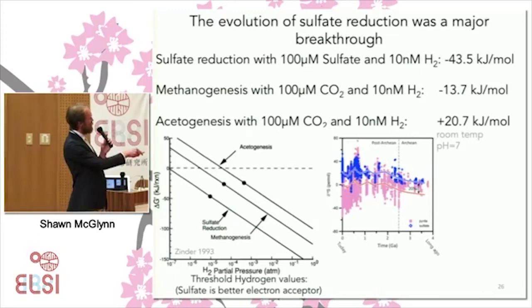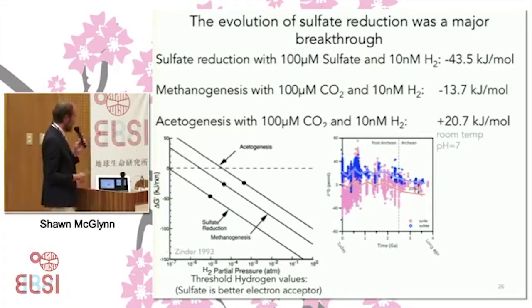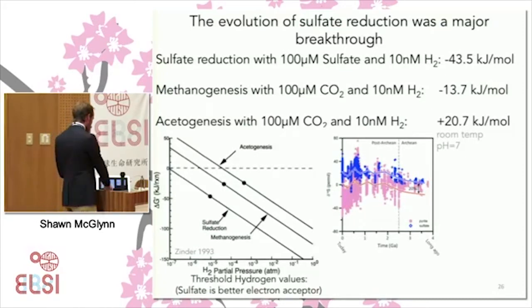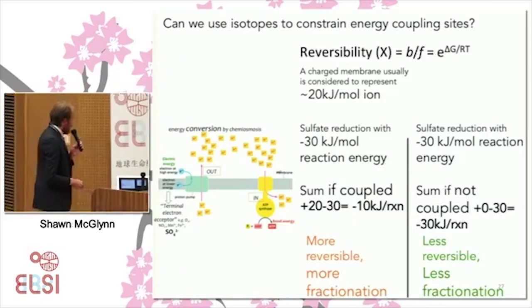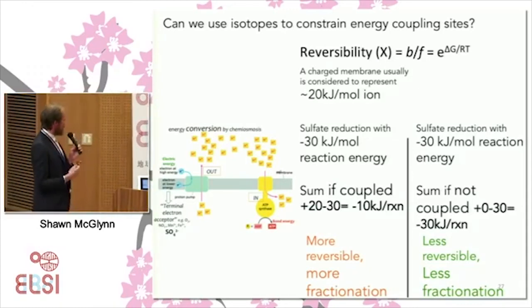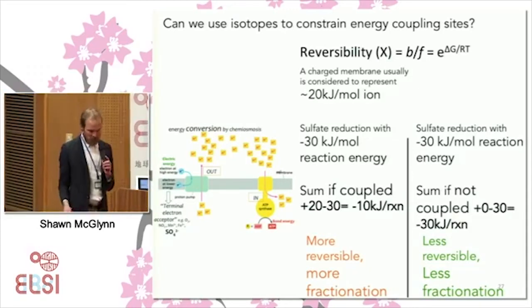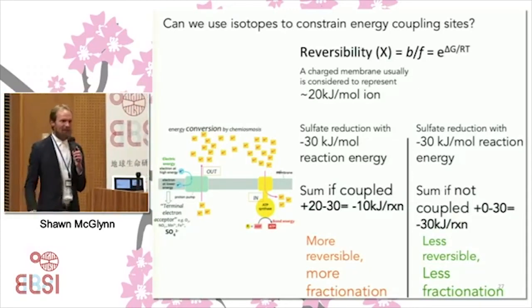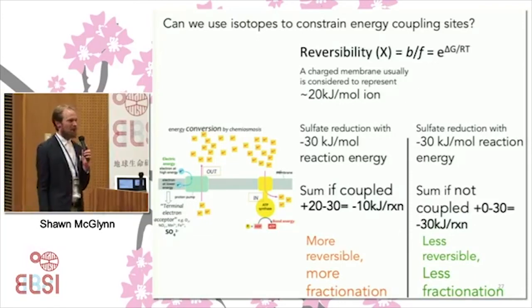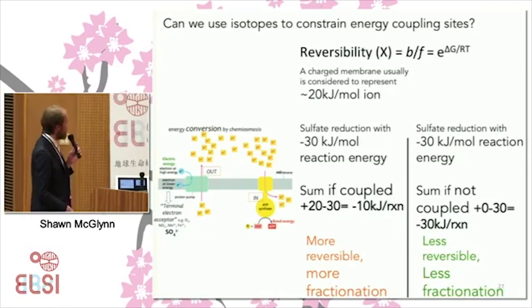Very replete conditions, lots of electron donor. They're competing against things with very modest electron acceptors. But today there's a lot more competition. There's a lot more high potential metabolisms available. And I want to take this concept a little bit further and use our knowledge of isotopes here to speculate on processes of energy conservation that might be occurring in these cells.